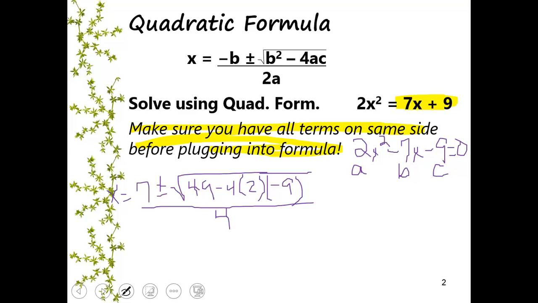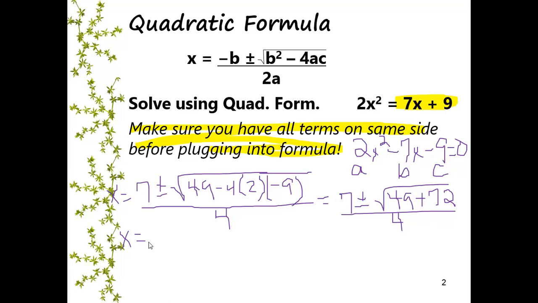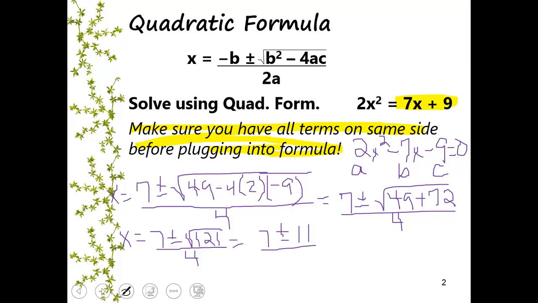I'm going to work to the right here, and I get 7 plus or minus the square root of 49 plus 72 all over 4, which means x equals 7 plus or minus the square root of 121 over 4, which means I have 7 plus or minus 11 over 4, which means I get